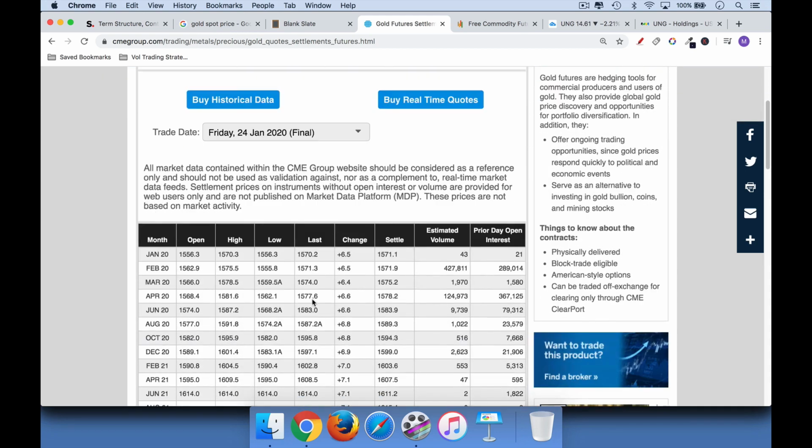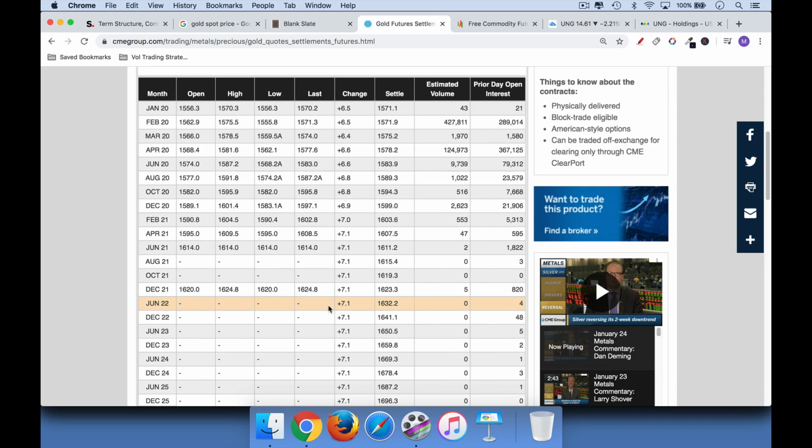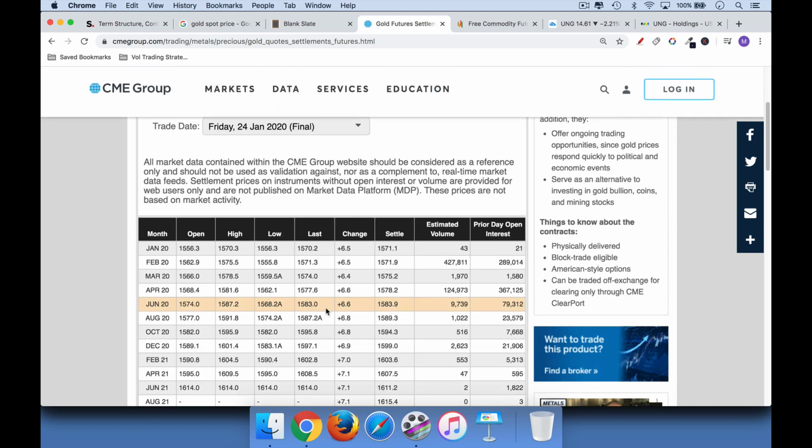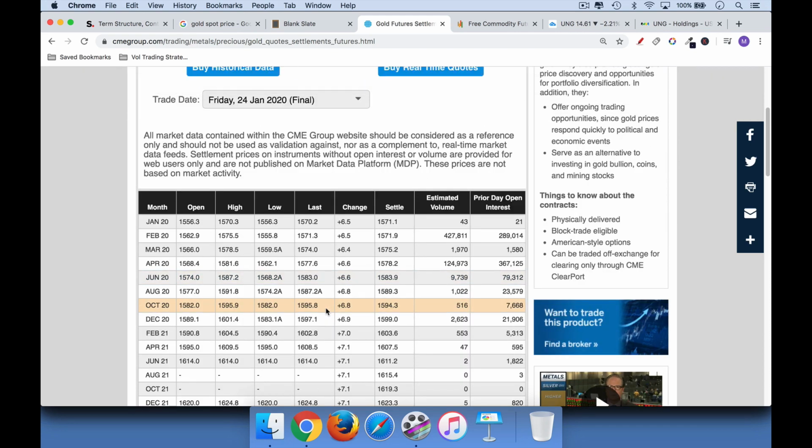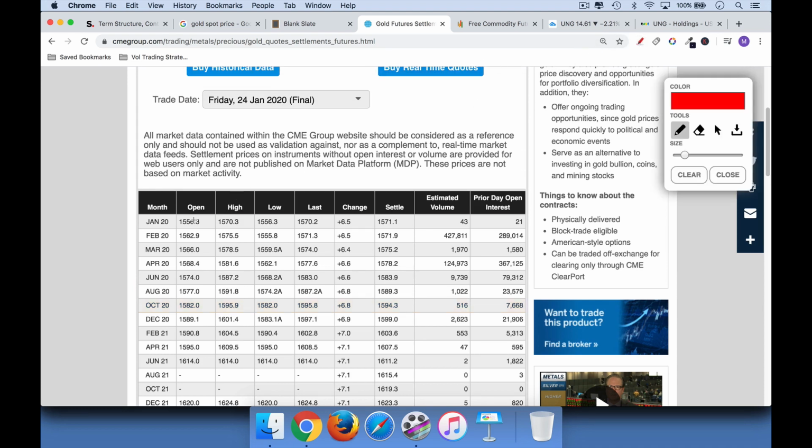And you can see here, these are what we call the futures prices, obviously. But what they really are is the price today to have that gold delivered to you in the future. So right now, there is a January 2020 contract. You can see that the volume has really fallen off. This is about to expire, about to enter the delivery period, the first notice or delivery period. And so this is very close.